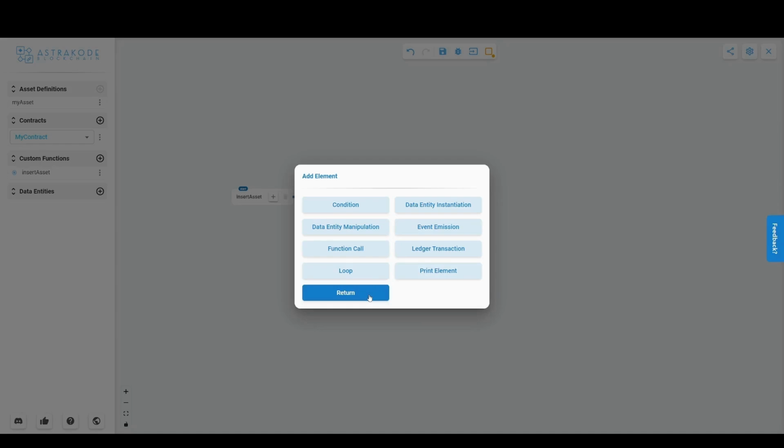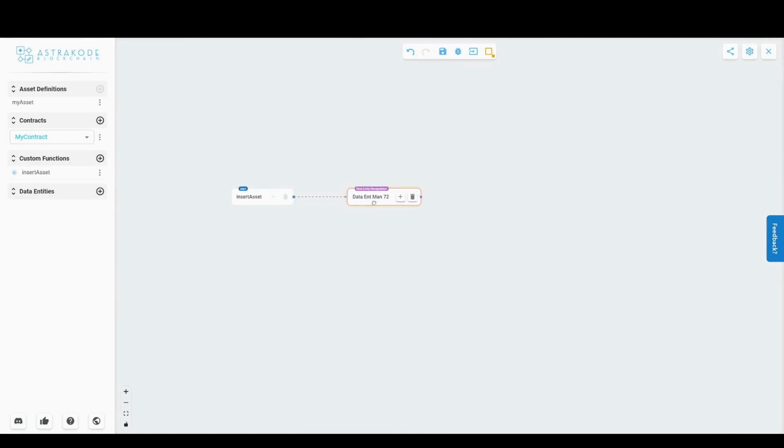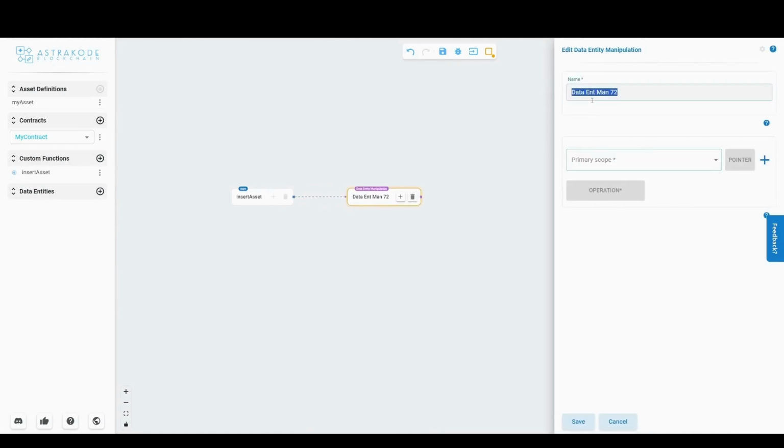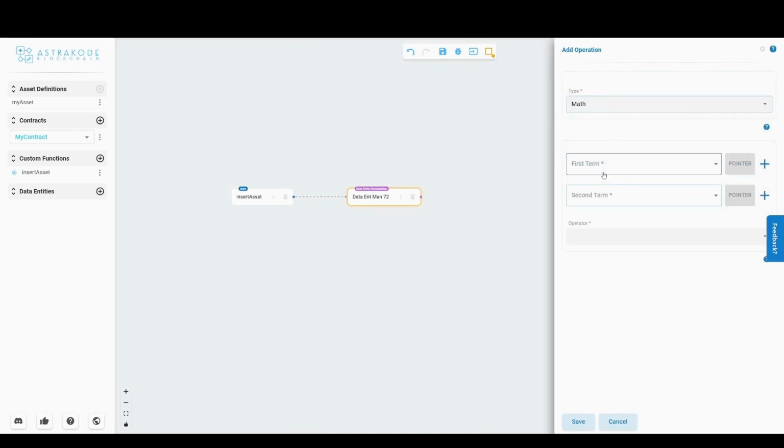To add a small degree of complexity, we are not going to insert the asset with the input properties as they are provided, but instead we will manipulate one of them and then insert the asset. To do so, we will add the data entity manipulation element. Within the data manipulation element, the primary scope property will affect which data entity is to be manipulated. After choosing our input number as primary scope, we can define a mathematical operation for it. To keep things simple, we add the number to itself by selecting it as both terms of the operation and